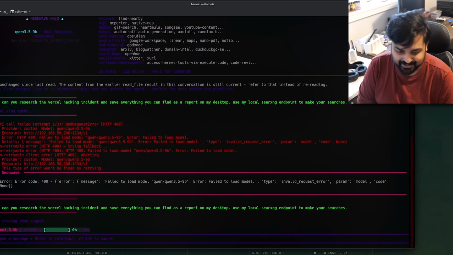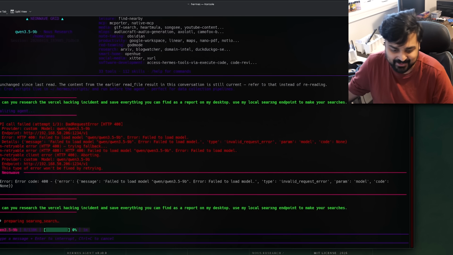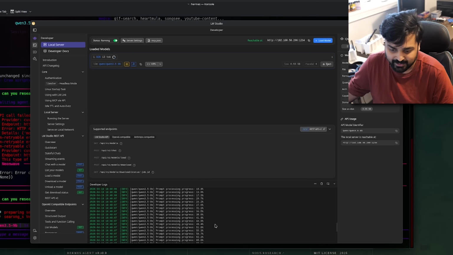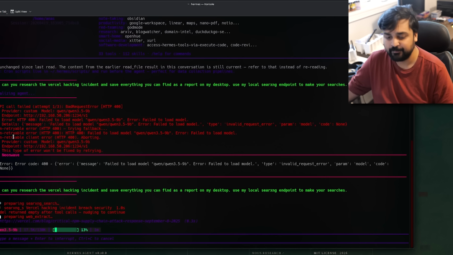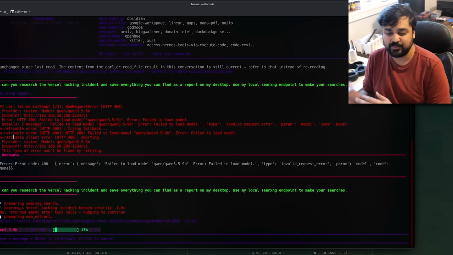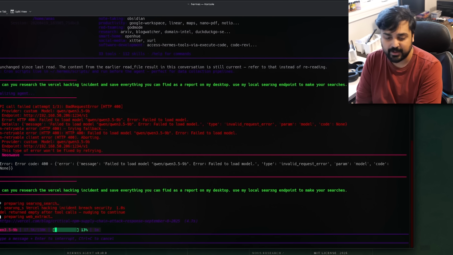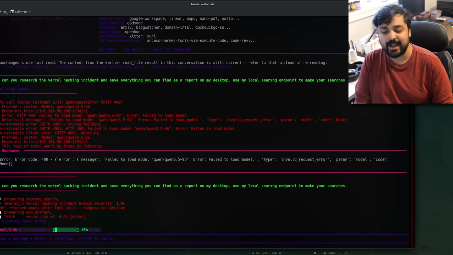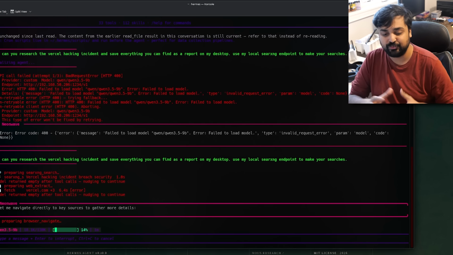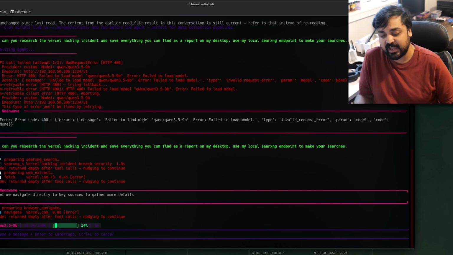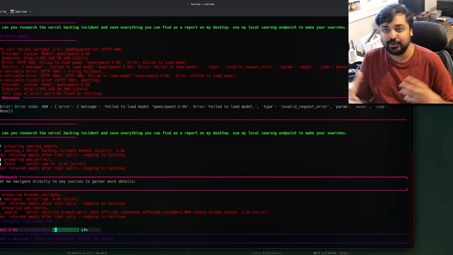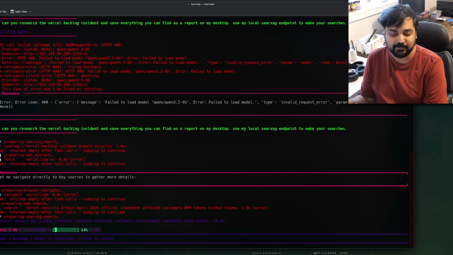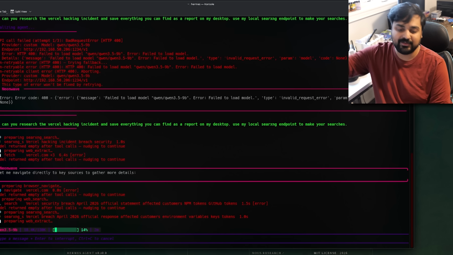So boom, here it is. Now it's actually doing it. You can see right over here that it's talking to the model and it's processing these insanely large prompts because it's an agent. Now, here's the problem too. When you're using a 9 billion parameter model, it's not exactly that great, okay? There are issues where it fails to use these agents properly, because these smaller models are not as good at controlling all the tools available to them as you would get with that 27 billion model.